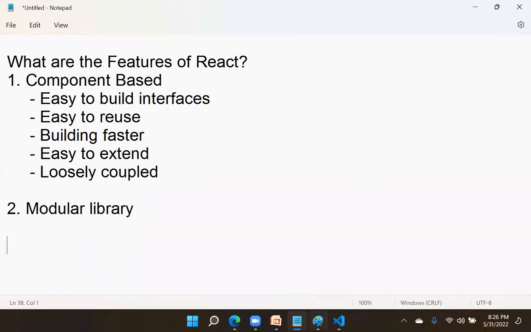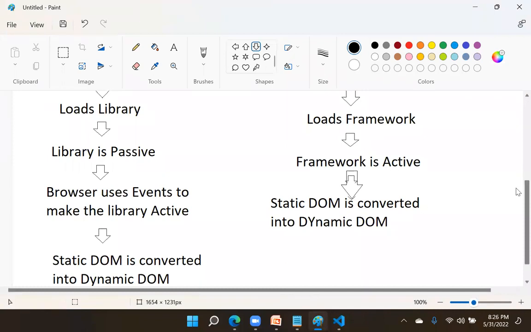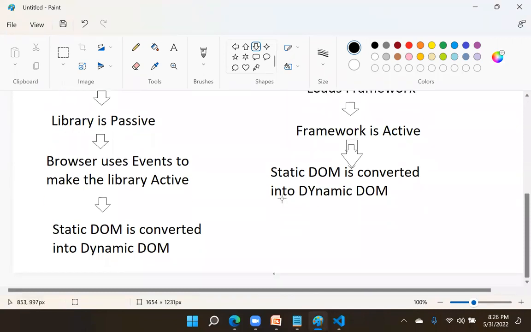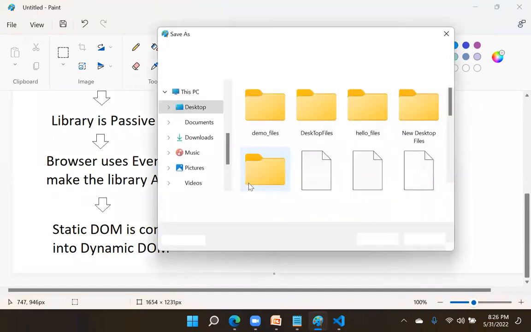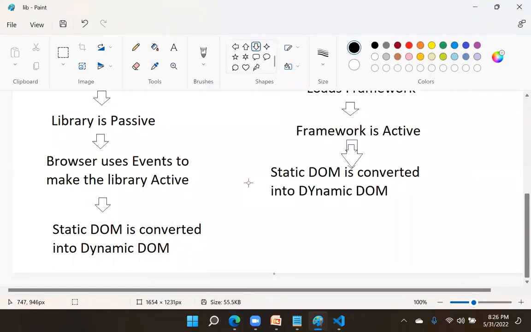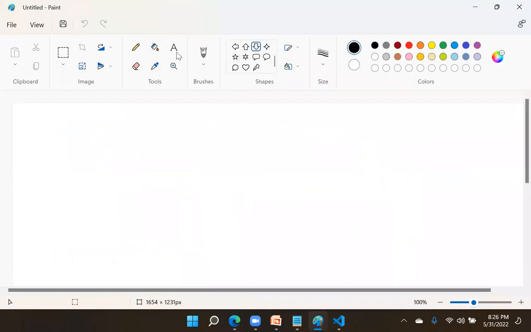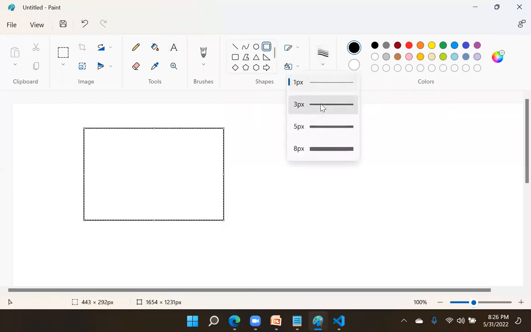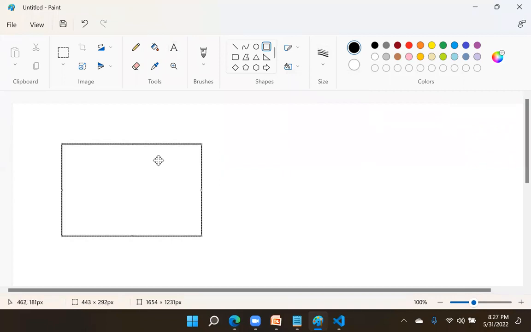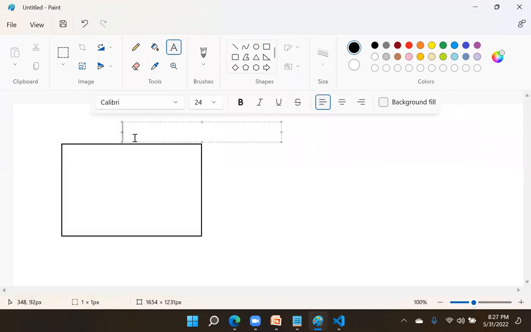Actually, we have 2 types of libraries. We have a modular library. Generally, I will tell you a simple approach here so you can understand. See, a small concept I will show you here. Suppose you are using a library. Just for your way of understanding, I will tell you. For example, jQuery we are using, or let's say bootstrap dot some JS. It's a JavaScript file.